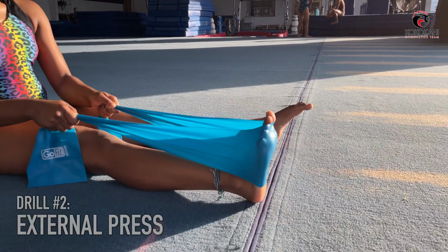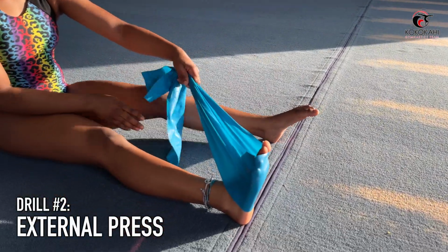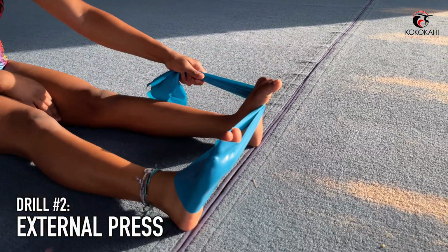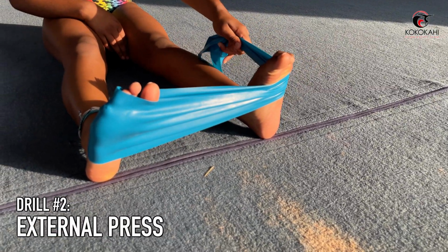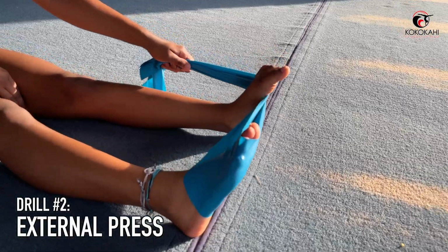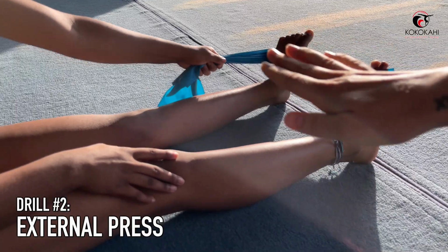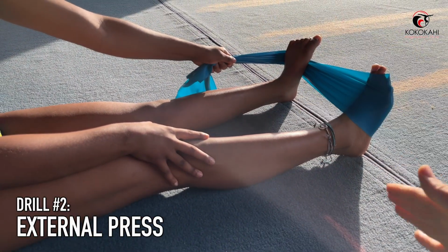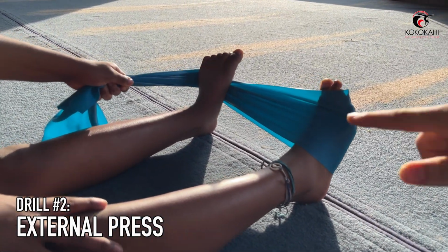Perfect. Variation number 2, she's going to take that left foot. Yep, and she's just going to step on the band. Perfect. So now the band is perpendicular. Okay, so as you can see, both feet are side by side, about hip width apart. And from here, she's going to keep her leg, this bottom leg, nice and straight. Her knee's going to stay pointed up towards the ceiling, so she's going to only focus on using the ankle